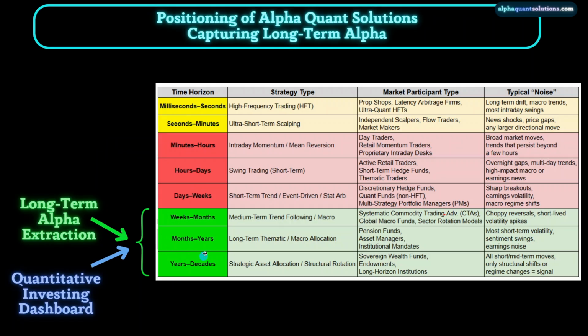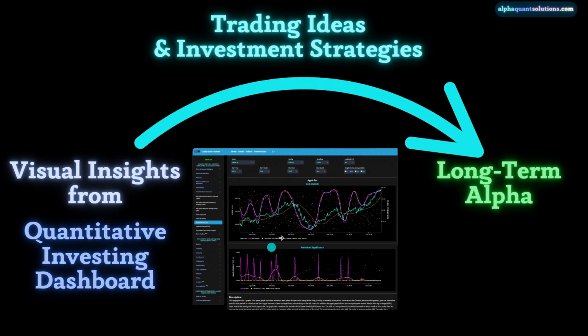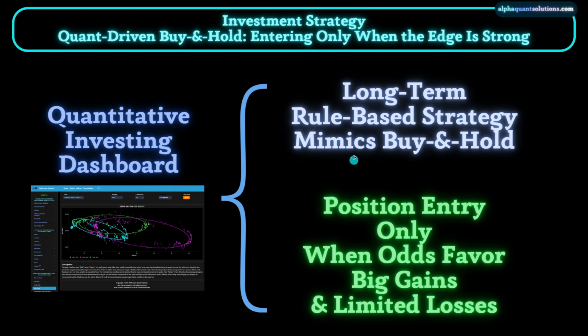Now, in this green area, which is the strategic investment zone, is precisely where we have positioned our company, Alpha Quant Solutions, to extract long-term alpha. And we do that using our quantitative investing dashboard. Essentially, the advanced visuals of our quantitative investing dashboard allow us to derive long-term and rule-based strategies that mimic buy and hold. However, compared to a standard buy and hold, we will only enter positions when the odds favor big